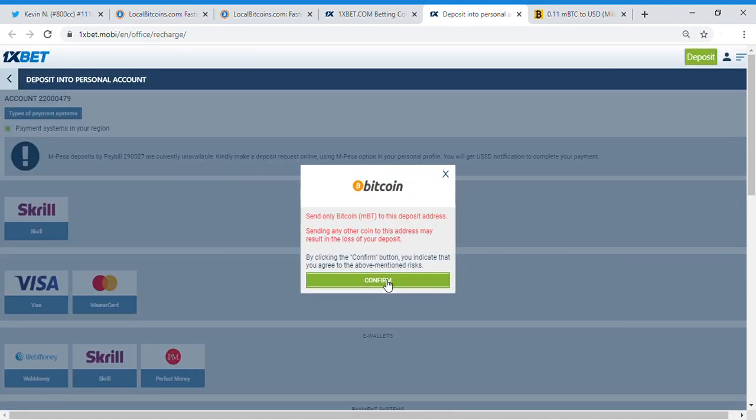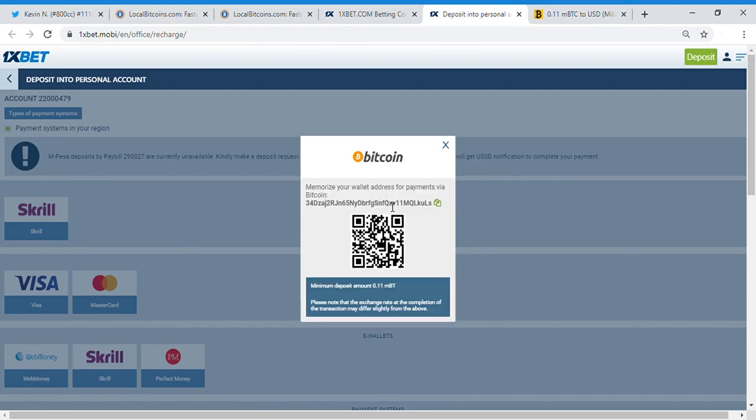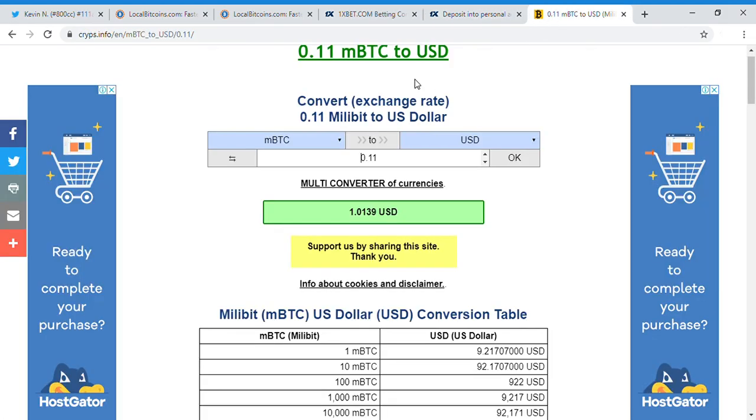and tell you confirm. So you're going to send only Bitcoin to this address, only Bitcoin, and you're confirming that you're only sending Bitcoin. When you confirm, it will open and tell you this is the wallet address. But note, minimum deposit amount is 0.11 mBTC. This means the minimum amount you can deposit into this account,